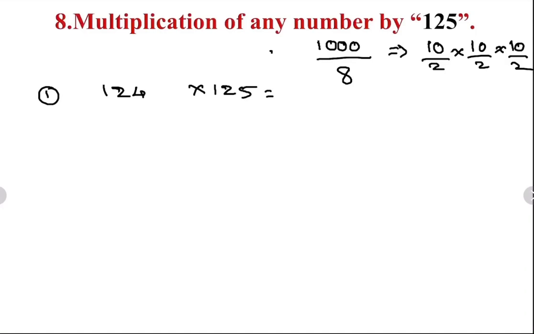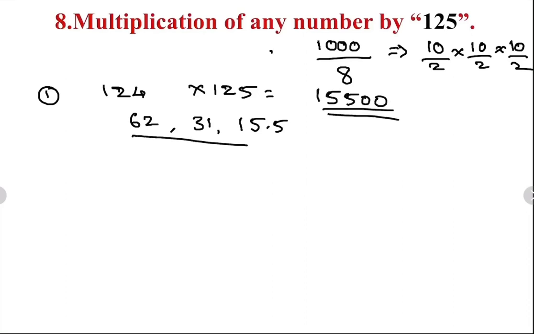Half of 124, that is 62, again half of it 31, again half of it 15.5 into 1000, so 15,500 is the answer. 3 times you have to do half of the value. For example, if you take another one,